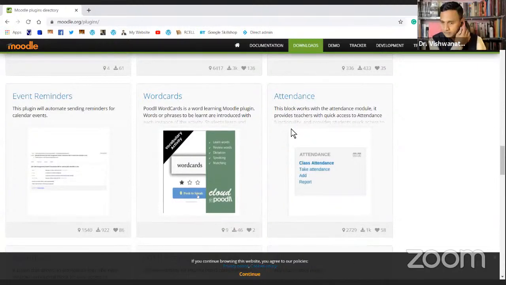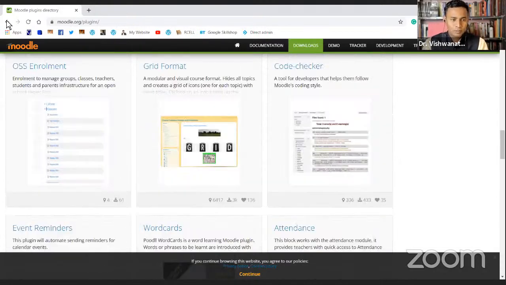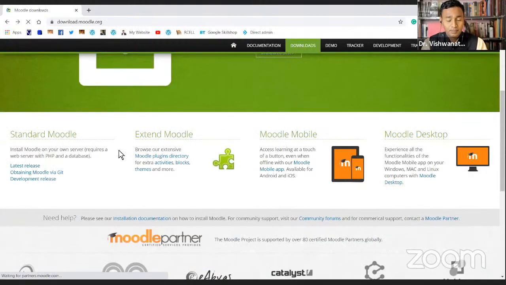And yes, a number of times I get this question from people, how can they check in Moodle how many students are present and what are they doing, or something like that. Then let me tell you that we can do that. We can check their attendance. There is this plugin extra which is available. We can make use of that as well. And there are a lot many such kind of plugins. I'm not going to go into all the plugins, just to let you know that the plugins are available.